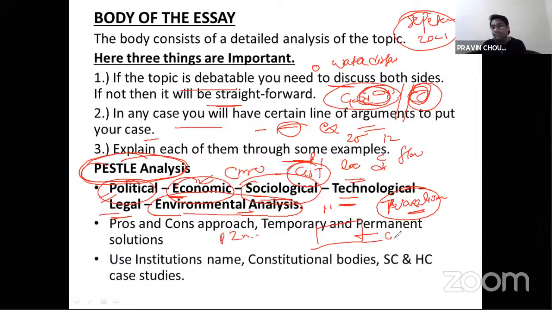ठीक है, that should be done. अब देखिए क्या है कि आपको ऐसे के लिए एक नोटबुक बनाना पड़ेगा। ठीक है, एक ऐसे के लिए फोल्डर बना, अगर डिजिटली आप ऑनलाइन बनाना चाहते हैं, you can create one online folder for essay and you paste all the important case studies or important definitions or important quotations that will ultimately help you after 1 year. ठीक है, तो ऐसे राइटिंग का क्या है कि आपको जो प्रीलिम्स के बाद जो फोकस करना है उसमें आपको राइटिंग पे ज्यादा फोकस करना है, लेकिन साथ साथ जब आप जीएस की तैयारी कर रहे हो, मेंस ऑप्शनल की तैयारी कर रहे हो और पढ़ रहे हो, तो आपको जो भी लगता है and I will suggest you to see the past 3 to 4 years back question papers, ऐसे में क्या